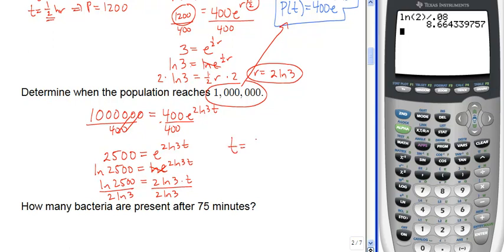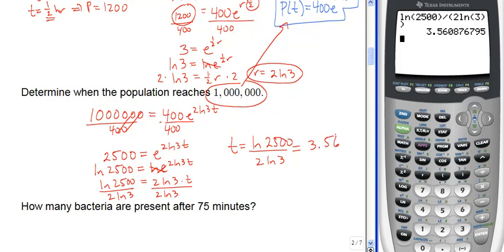So my time is ln of 2,500 divided by 2 ln 3, and we're going to want to get a decimal for that. So let's type in ln of 2,500 divided by, make sure you use parentheses around your denominator, 2 ln of 3, close the parentheses on the 3, close the parentheses on the denominator. So our final decimal here, rounded to 2 decimal places, would be 3.56,